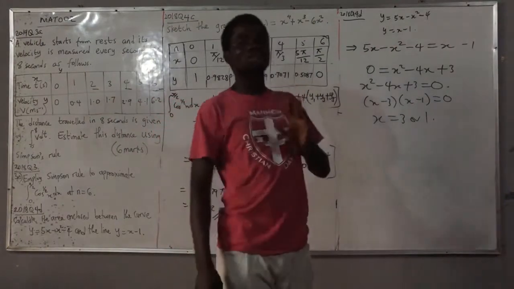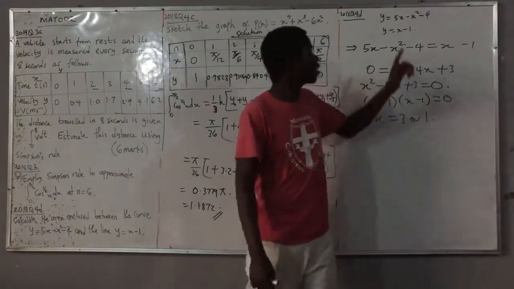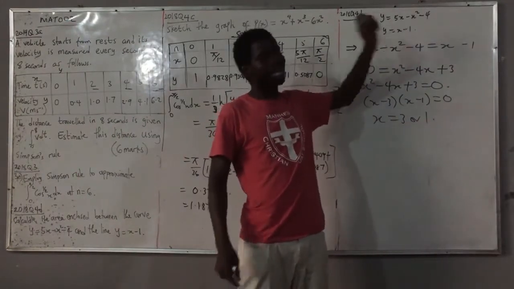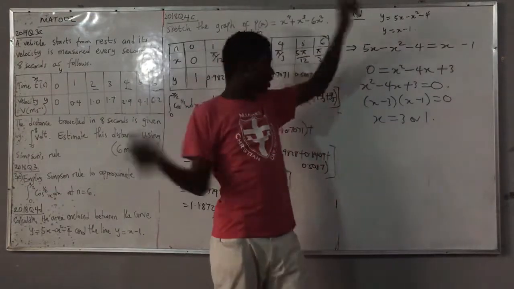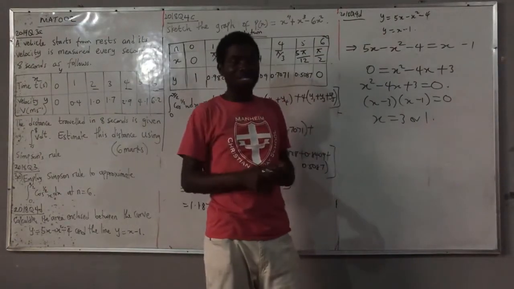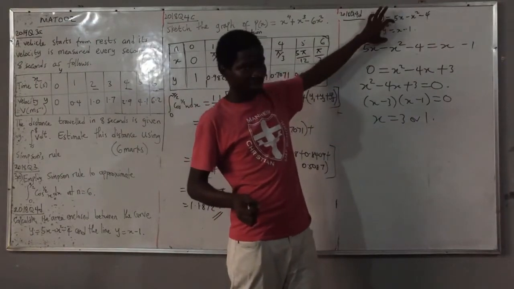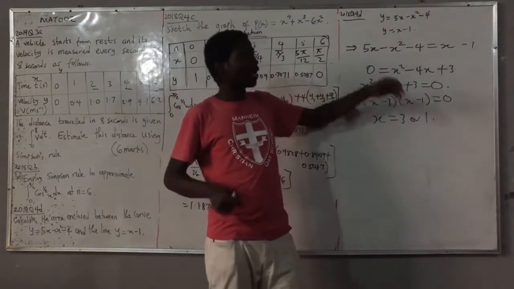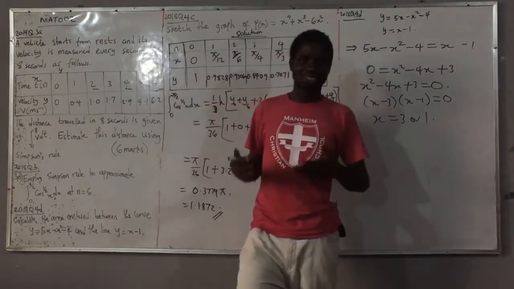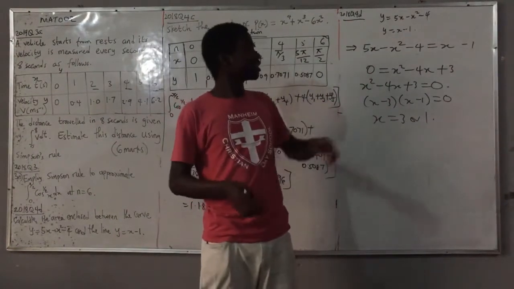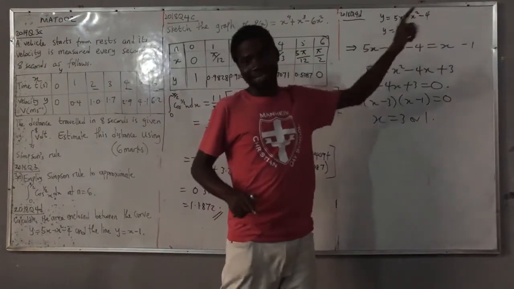Now, the second thing you need to note is which one is bigger. How will you know the one that is bigger? This one is a straight line actually. This one is bigger than this one actually, and this interval is bigger. But how will you know? That is the question. Look at it, this is a quadratic equation,